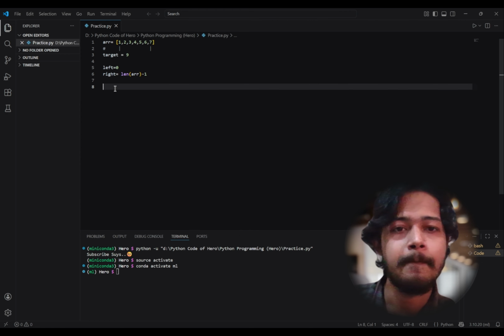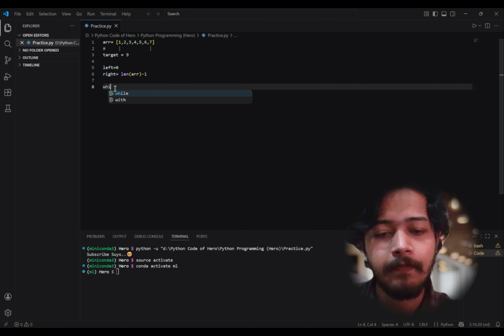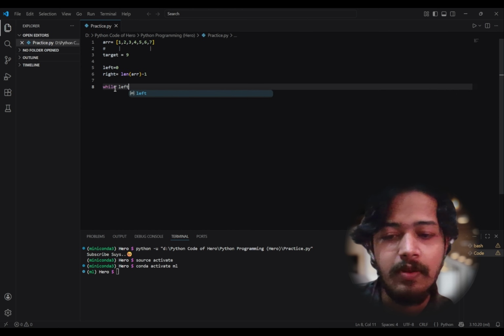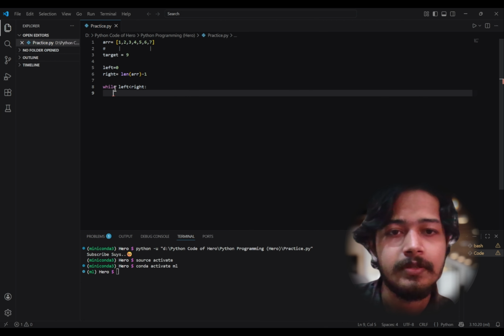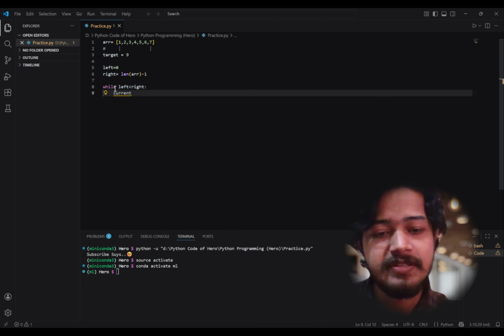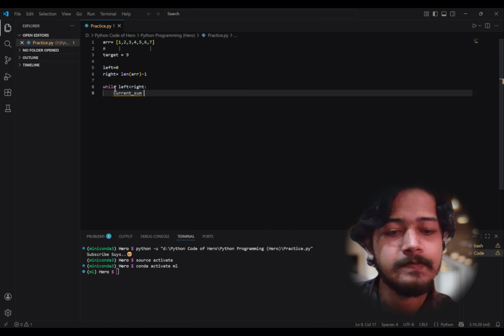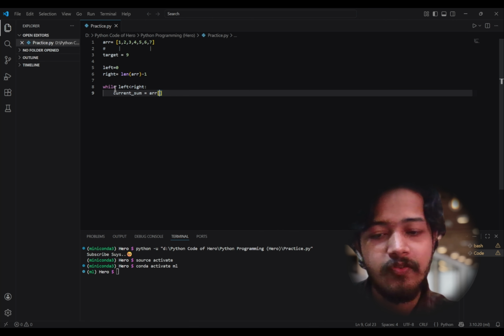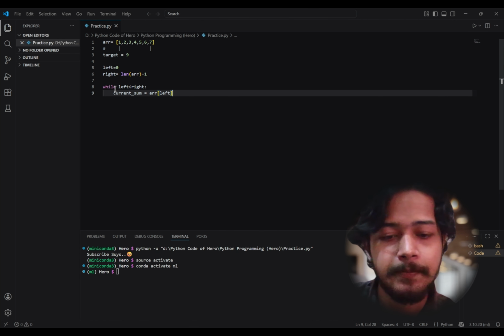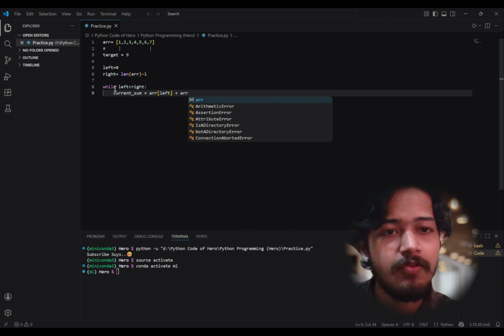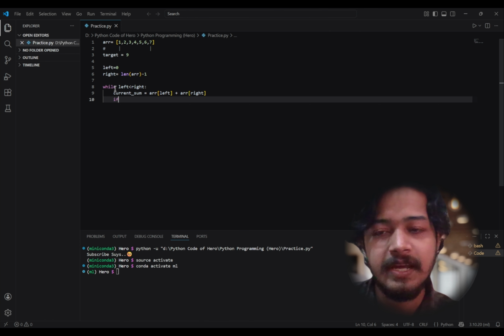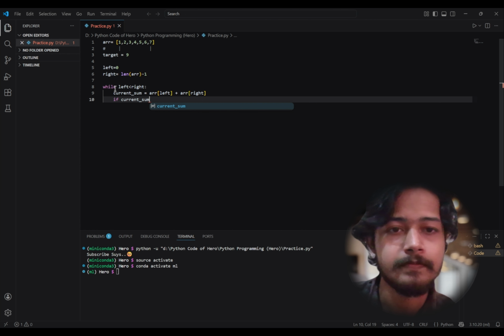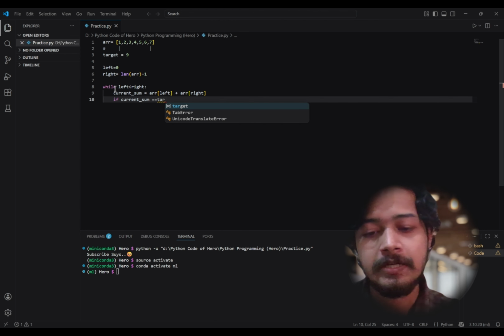Now I am using a while loop. While left is less than right, then current sum equals array of left element plus array of right element, and if current sum is equal to target,